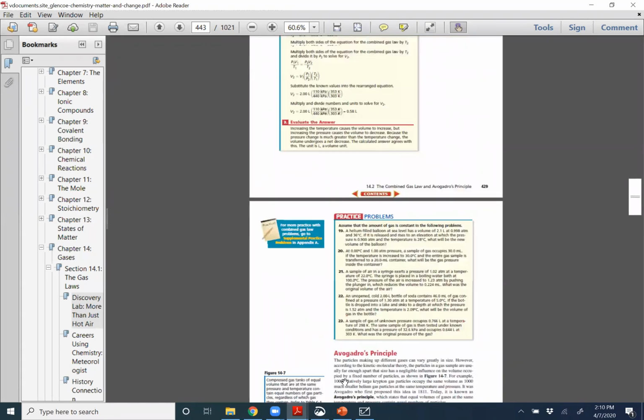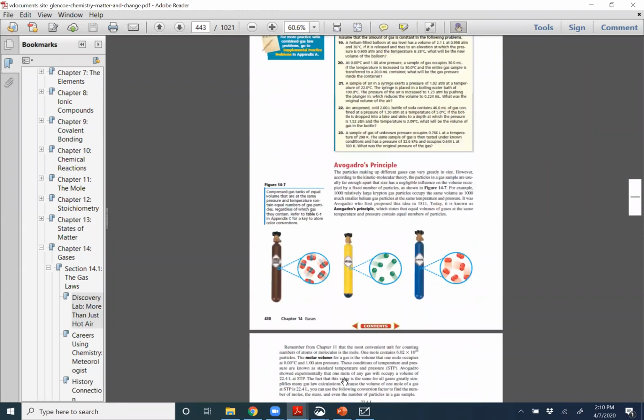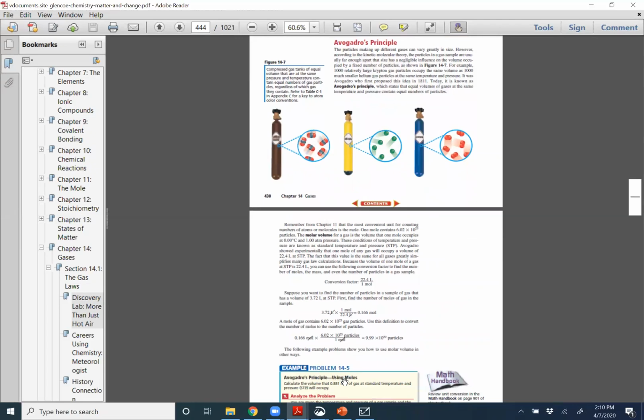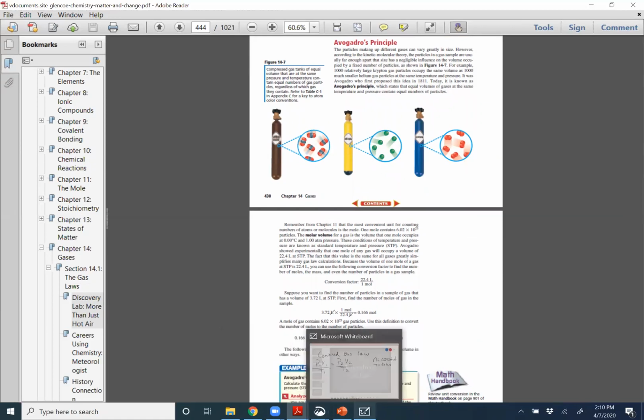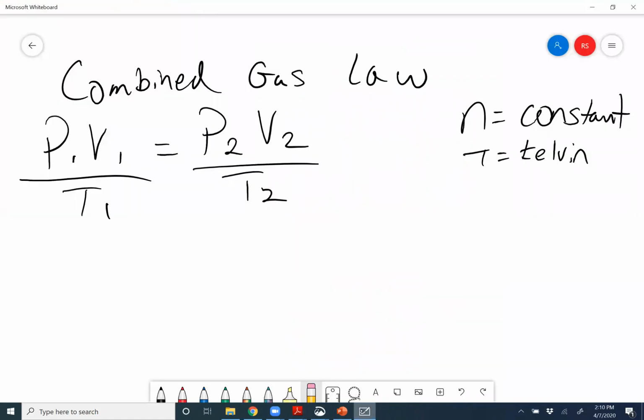That's chapter 14, section 2. Avogadro's principle. He was the guy who invented the mole, but his big deal was that he was interested in what happens to n. n is the amount of gas. So what's going on with n? What Avogadro decided to do